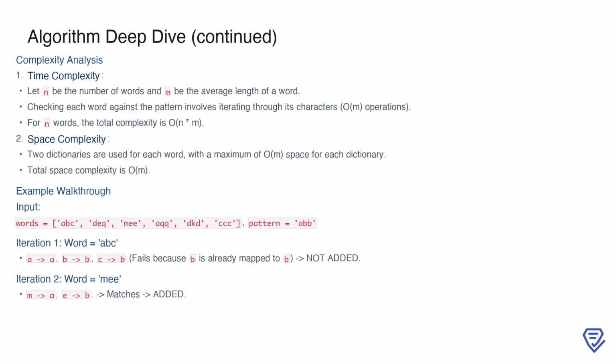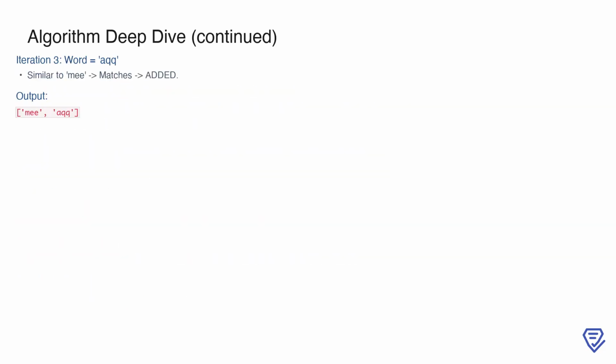Let's continue with the next word. For the word ac, the mappings are similar to those of me. A maps to a and c maps to b, with no inconsistencies. Thus, ac is added to the result. After processing all words, the final output consists of the words that match the pattern. In this case, the result is me, ac. This demonstrates how we iteratively validate each word against the pattern using the bijection property and efficiently construct the output